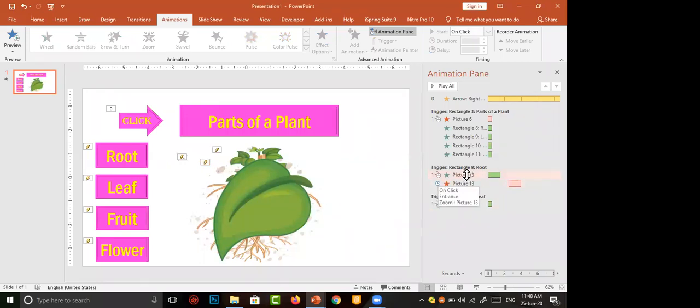Just listen here. In animation, for the time duration of the previous animation, we have allotted 1.5 seconds for the appearance of the previous root. Same effect I want to give for leaf also. We can change the time duration here itself or here in timing.